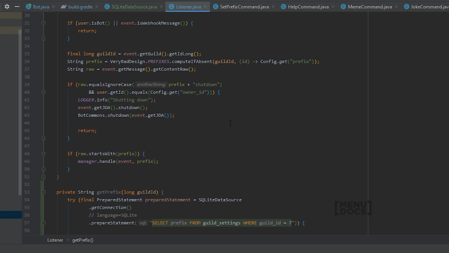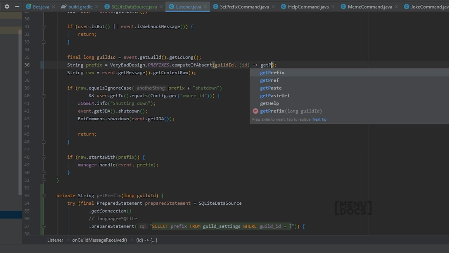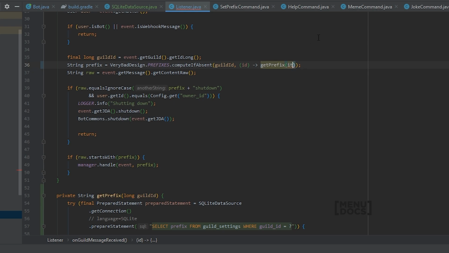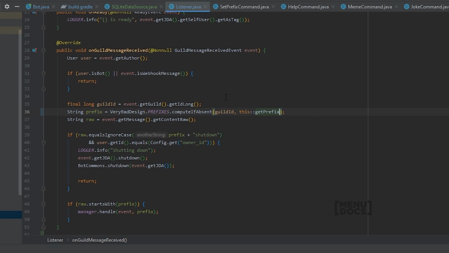Now to use this method, we could either do get prefix with the ID. As you can see, IntelliJ is already giving us a hint that it can be replaced with a method reference. And the method reference is literally this get prefix, or for static methods, class.get prefix. As you can see, this looks way cleaner, and it will just